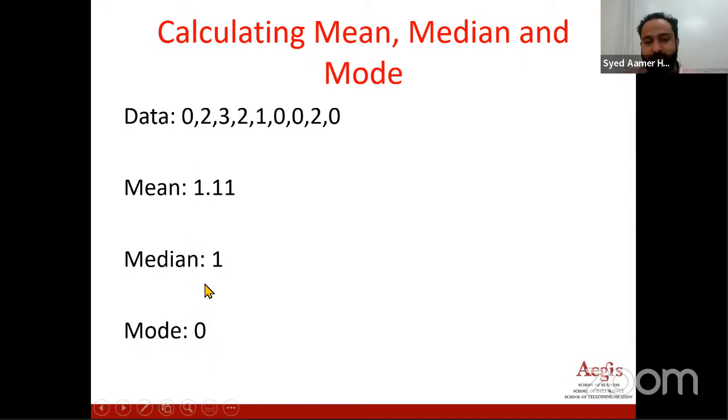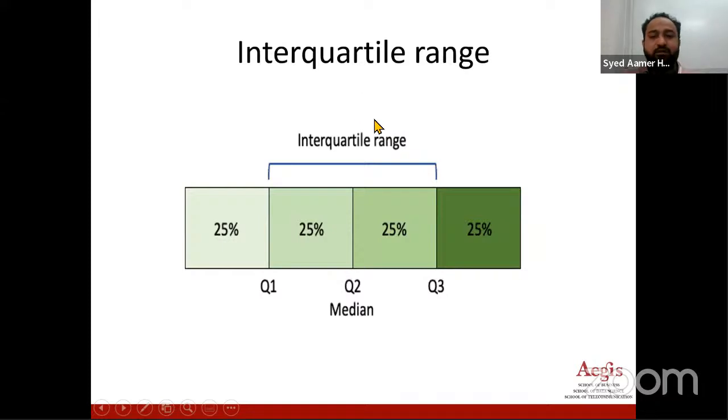I hope you got these 3 important mathematical terms that we use quite a lot in machine learning and data science: mean, median, and mode. Then there's something called interquartile range. From this diagram, I will explain interquartile range. Before that, what is range?